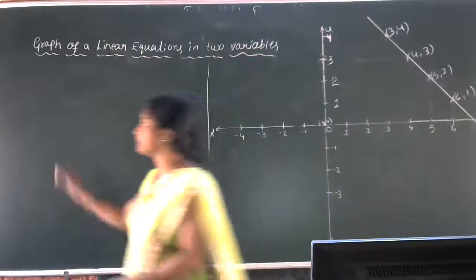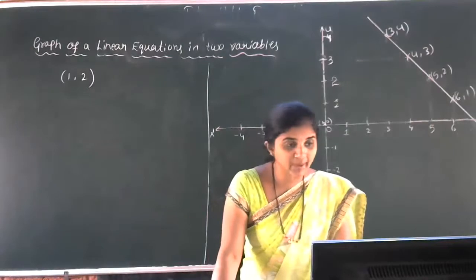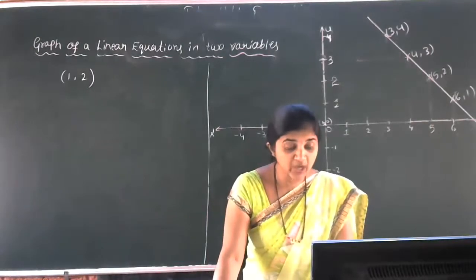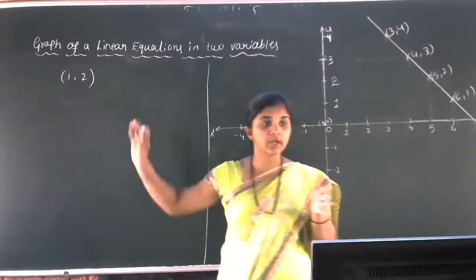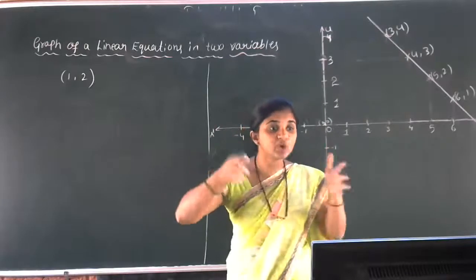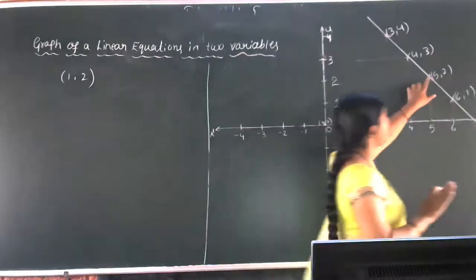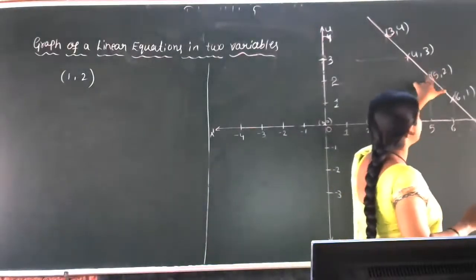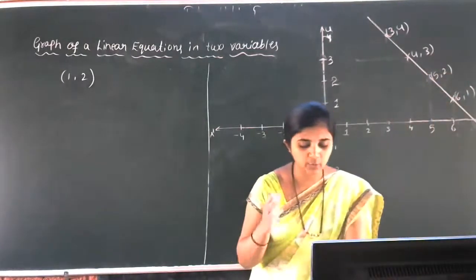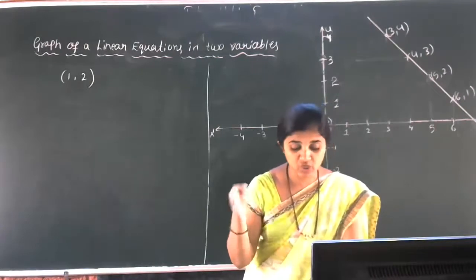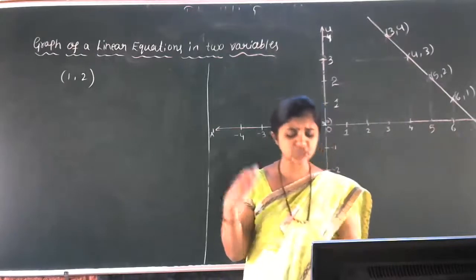Given the point 1, 2. Find the equation of a line on which it lies. Now the point is already given; you have to write the equation for this point. So 5, 2 is a point, the position of that particular point. Point 1, 2: find the equation of a line on which it lies. How many such equations are there?